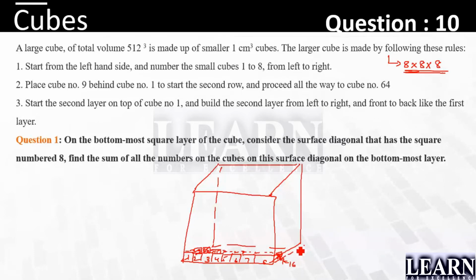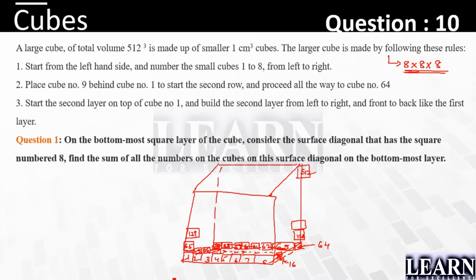It means if you keep on going through this, the bottom one will be the one which is going to have 64. So this will start with 57, 58, 59, 60, 61, 62, 63, and the last one is 64. This is the bottom layer. Now after the 64, one more layer has been created above it, starting with 65, and it will move up to 128. Similarly, another layer starting with 129. It will keep on going until you reach 512. This is how the cube is being formed.